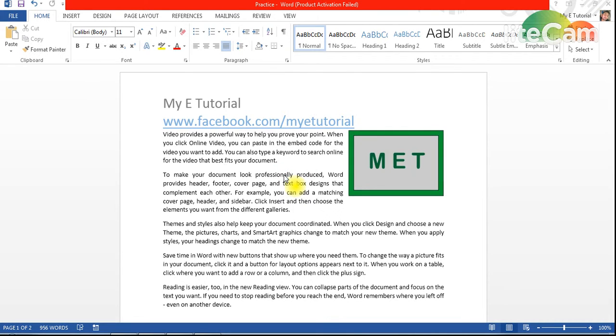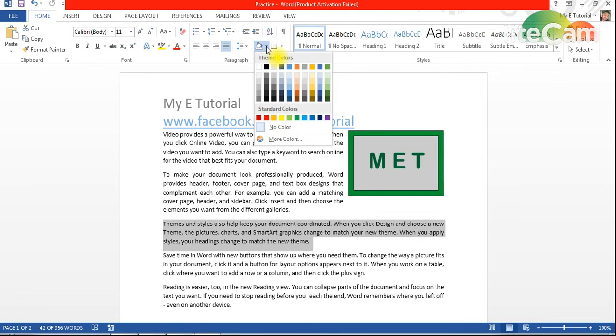In this tutorial I will tell you how you can apply background color to your text. There is a difference between the background color and the highlighter. Firstly, I will select the range, the text for which I want to apply the background color. I will just select it, and